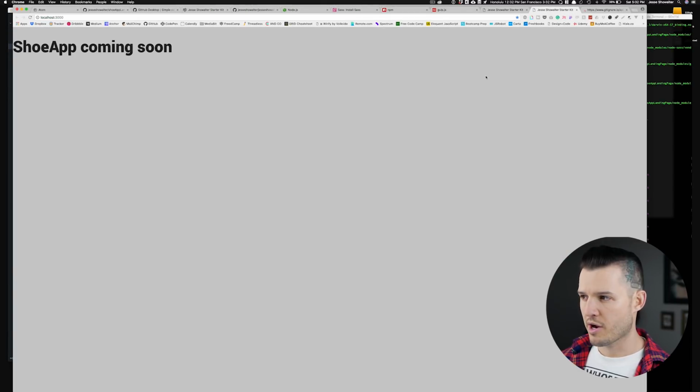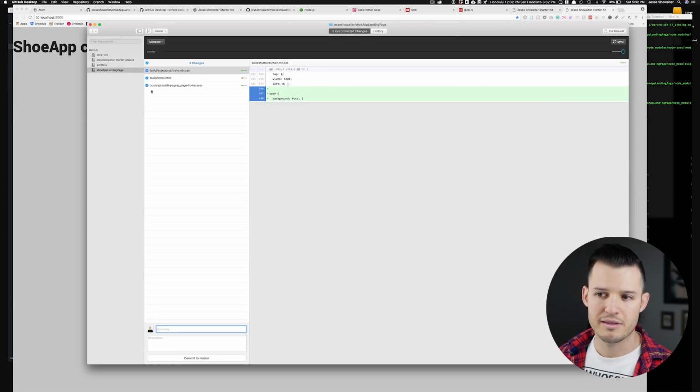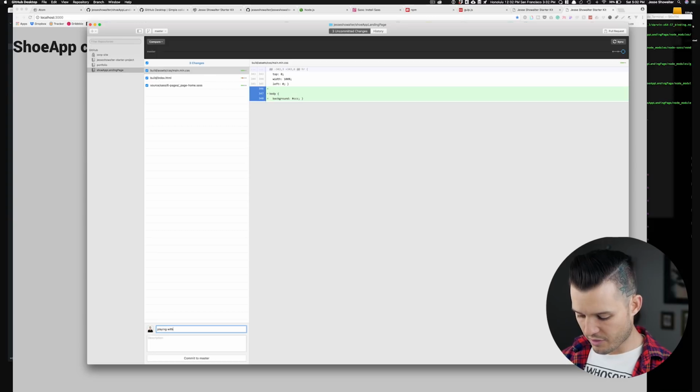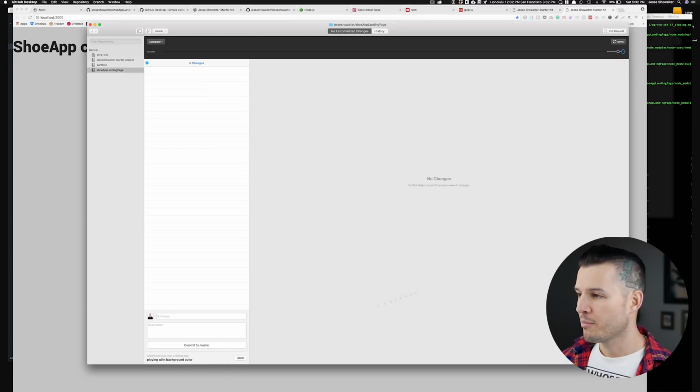See how it's changed in our browser? Okay, awesome. So it's changed in our browser. And now when we come back, we see those changes taking effect inside of GitHub. So now we can just say playing with background color and say BG gray. Dude. You probably don't want to really write dude inside of your GitHub comments or descriptions, but I'm going to do it. Push it up to the master and sync it. And bam, we have just pushed everything.